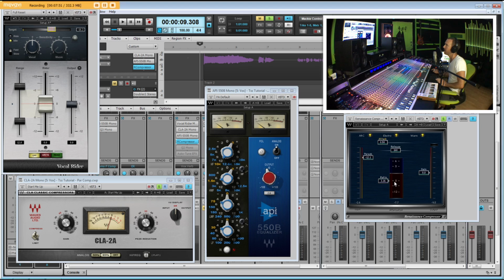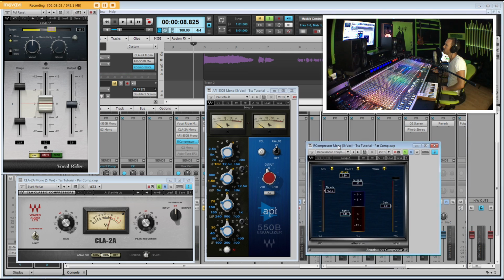But if you watch, we're only getting about 3 decibels of reduction again. So just a little clamping down. So nothing major, just little things here and there. So then